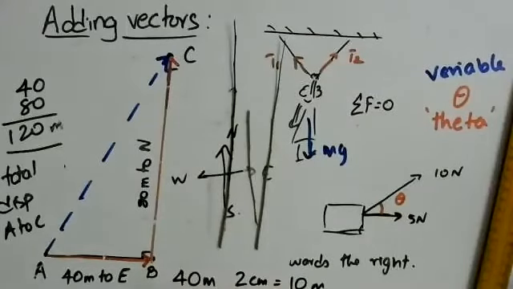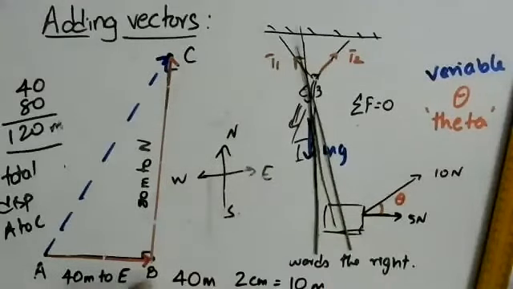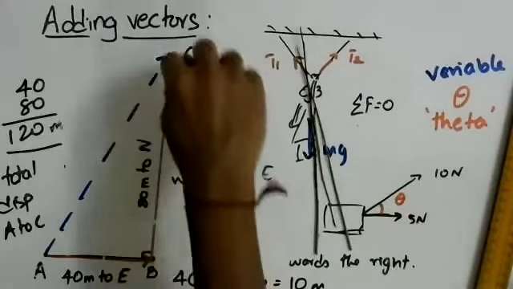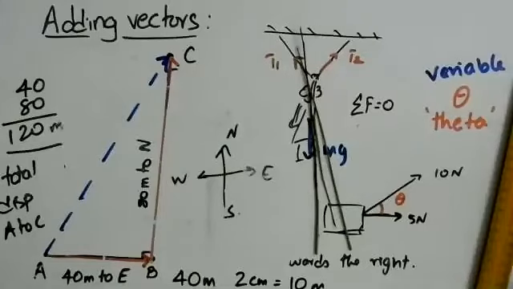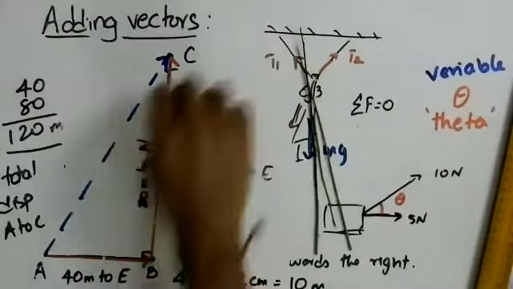Okay, so this is what happened. Two of you planned to meet somewhere, and you gave the directions to your friend. You found out first where your friend is, and then you told them, turn towards this direction. Now walk towards east for 40 meters and then you will come to a point B. There was something at point B, a dog sitting, something, doesn't matter. When you come to that point B, walk towards north for another 80 meters and I am standing at C. These are the directions you gave your friend. So your friend did that. He or she walked 40 meters, then 80 meters, and both of you met over there.